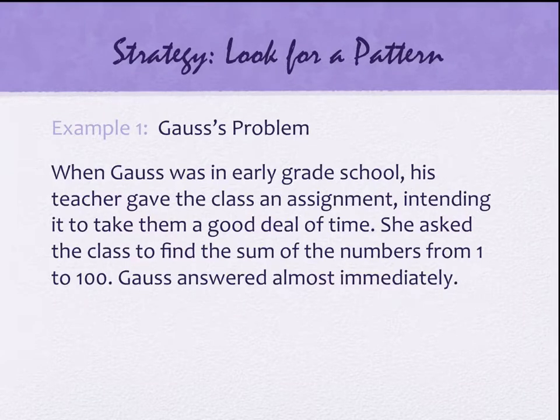So she told them what she wanted them to do was add up all the numbers from 1 to 100. So she's thinking they're going to do 1 plus 2, and then add that to 3, and then add that to 4, all the way up to 100. And would you agree with me that that would be a lengthy process if a child did it like that? It would. And so this is what the teacher is intending. Unfortunately, or maybe fortunately so that we can examine what he did,